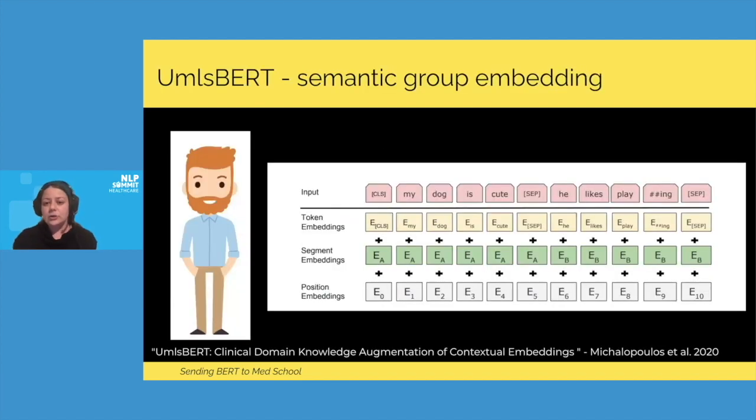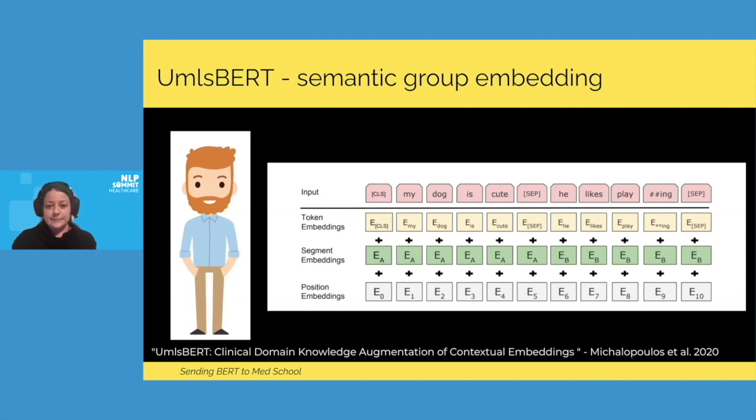This guy is regular Joe. This is the regular BERT algorithm. Regular BERT algorithm receives three types of embeddings in input: the token embedding representing the token, the segment embedding representing the sentence segment, and the position embedding encoding the position